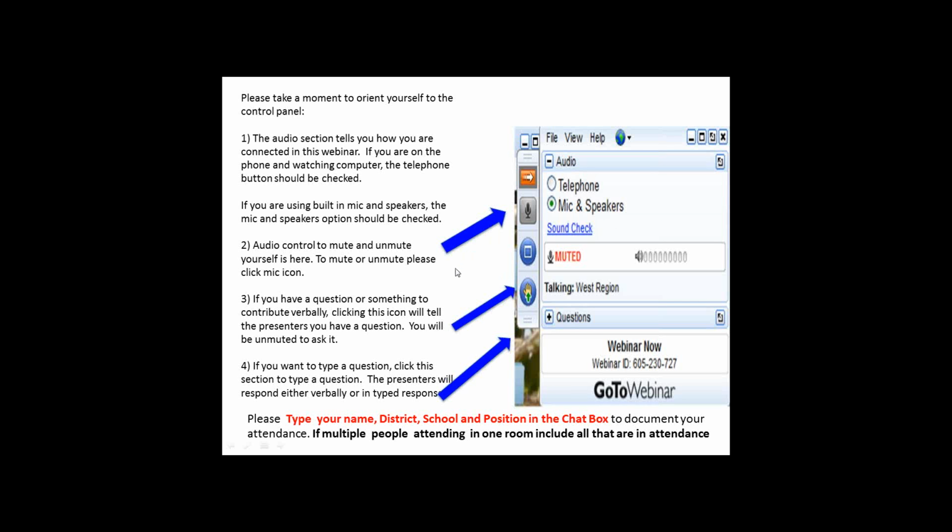For the most part, we will be muting and unmuting you, so you don't have to worry about that. If you are trying to talk and we have unmuted you and it hasn't worked, then try unmuting yourself. If you have questions that you can contribute verbally, raise your hand. We will unmute you, and then you can just ask it. Or you may type questions into the question box pane, and we will respond to those.